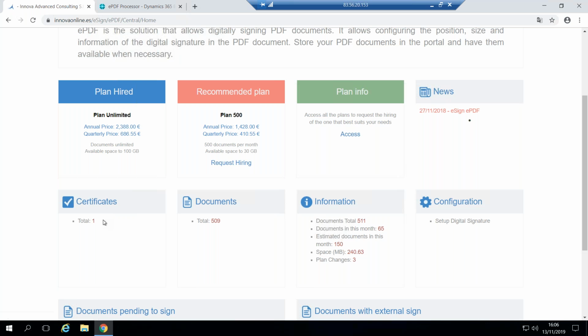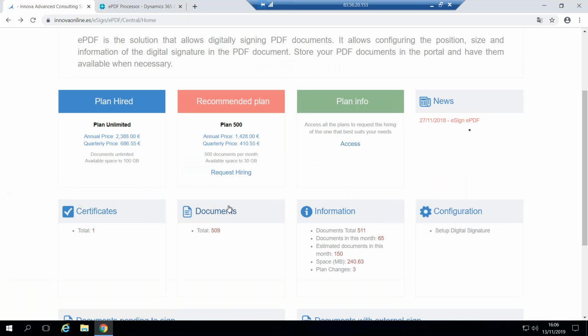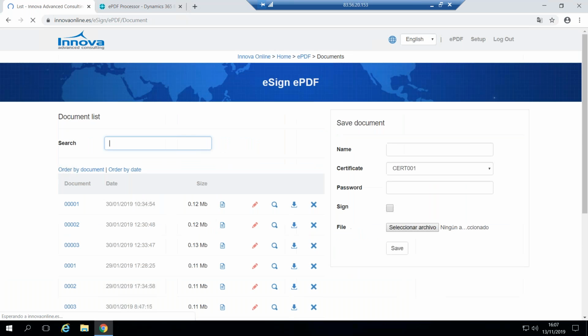First, we have the certificates section. We need to configure them in the online portal in order to sign the documents, because each certificate has its own identifier that we will need in the initial configuration of the solution, as well as the customer ID. Then we have the documents, because for eSign ePDF, the portal serves also as a repository